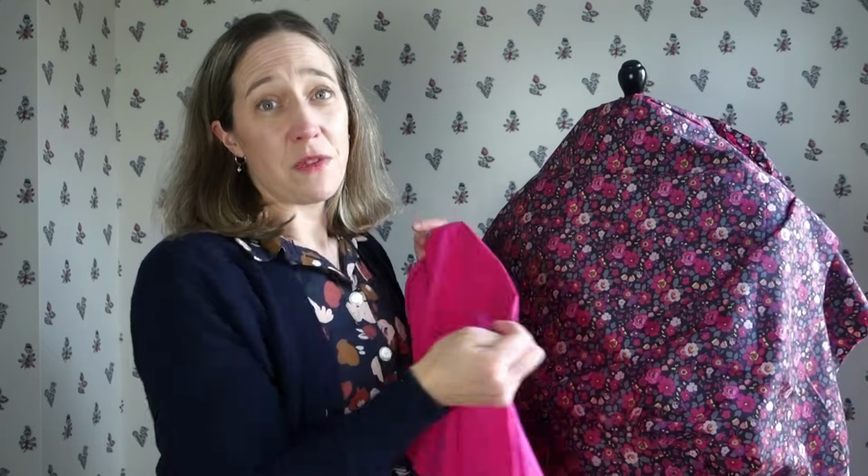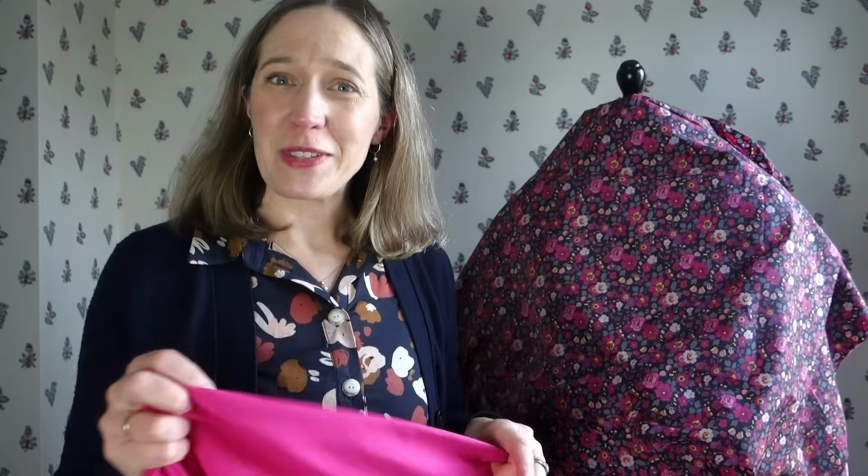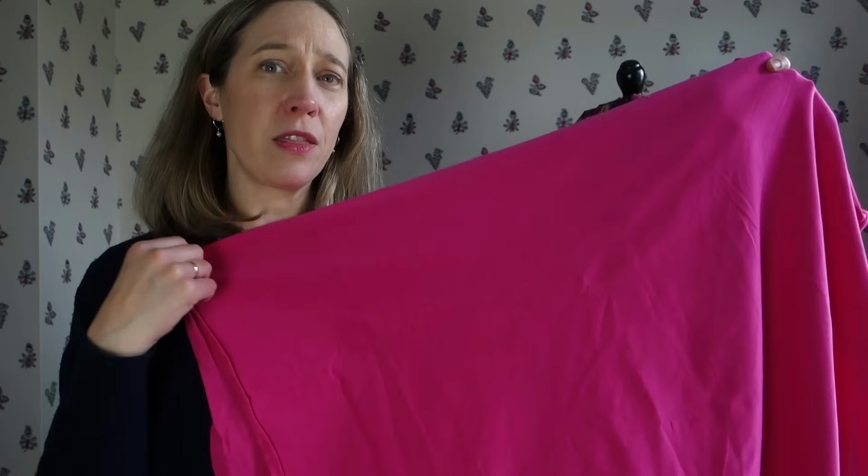And it's a remnant left over in my remnants bin that I'd really like to use up. So I think there's just enough there to get the hood out of that. So that's the plan. I have the pieces all cut out. Depending on how much fabric I have left over after I've cut out the pieces, I will then decide whether I'm going to cut a deep facing for the hem of the poncho or whether I'm going to make some